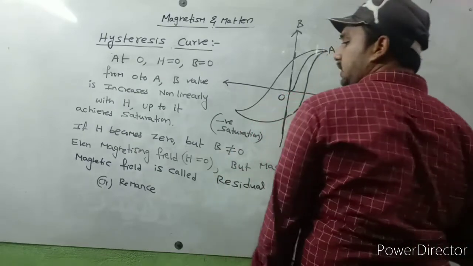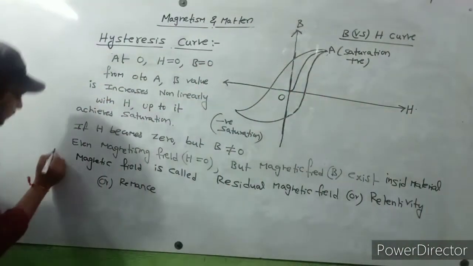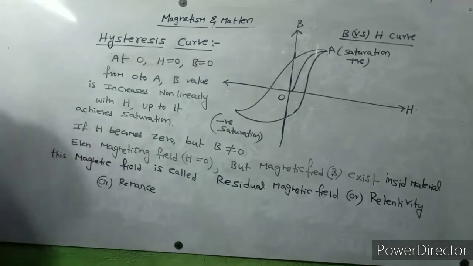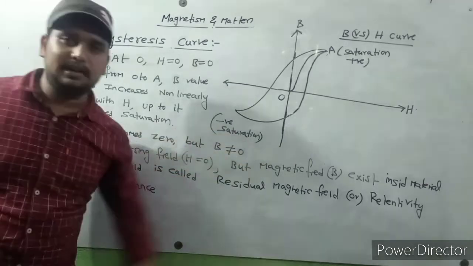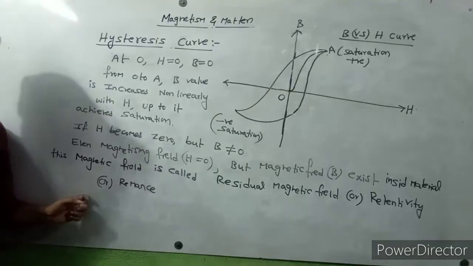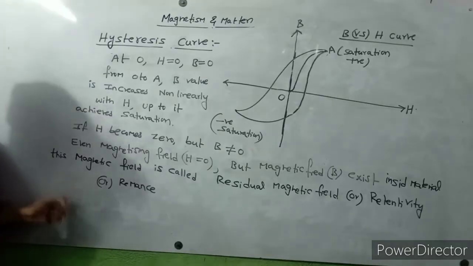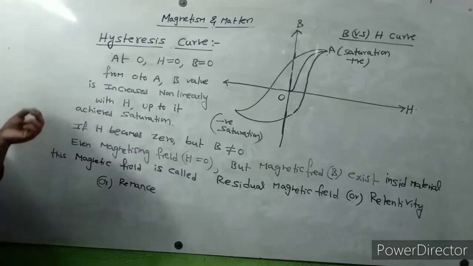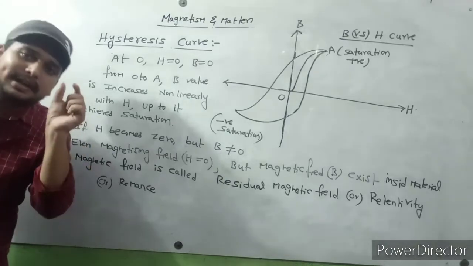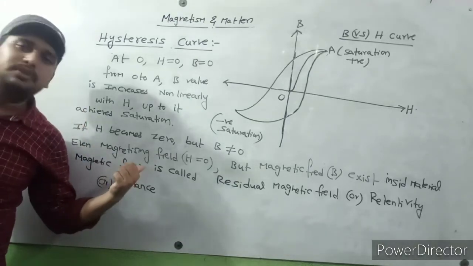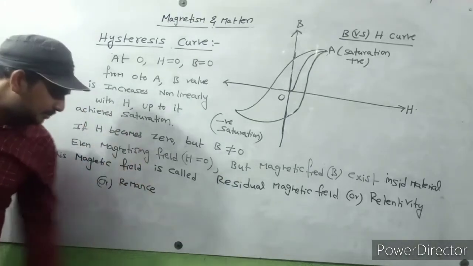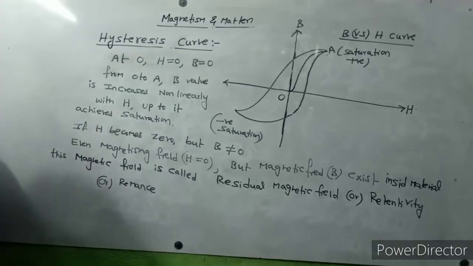Okay, inside the material, this magnetic field is called residual magnetic field, retentivity or remanence. This is very, very important. Some magnetic field remains inside the material. That magnetic field is called residual magnetic field, retentivity or remanence. Next,